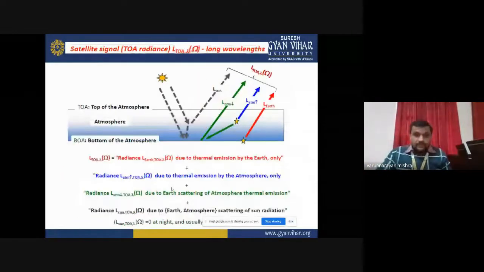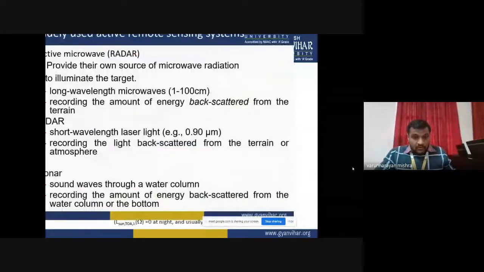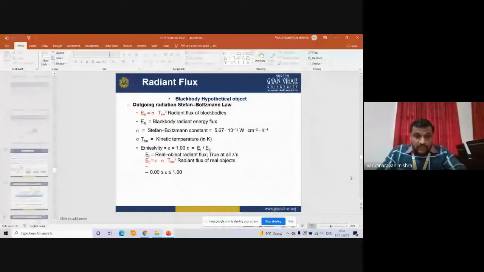Okay, this is another example of how the signal calculated as received by the sensor is the top of atmospheric radiance, and when we calculate the radiance at the bottom of the atmosphere, that is known as bottom of atmospheric radiance. Okay, so now I am going to take a break for 5 minutes,